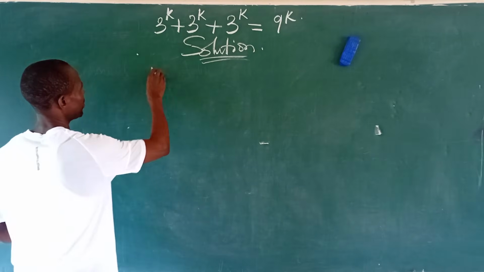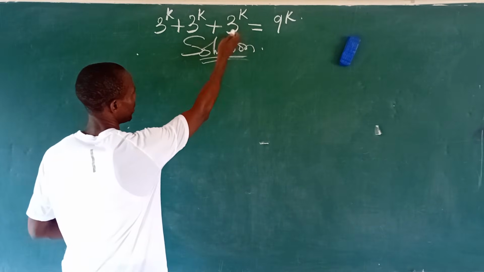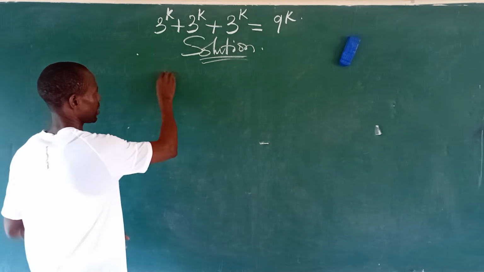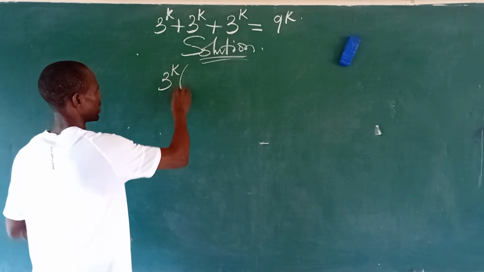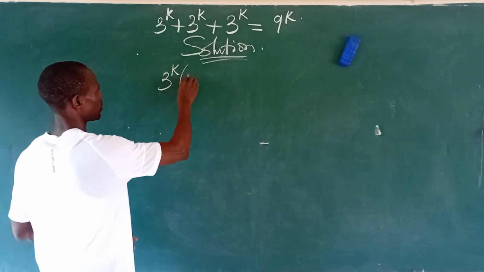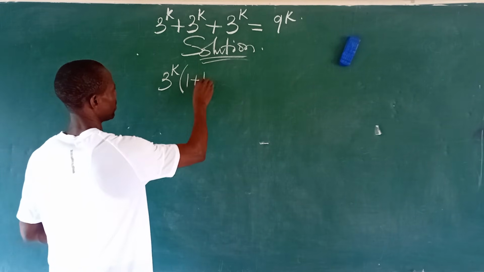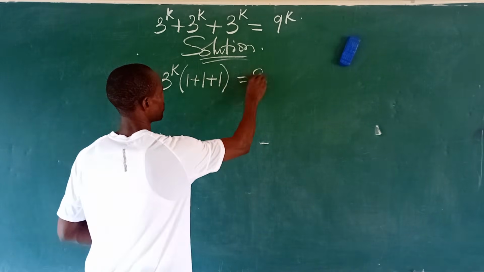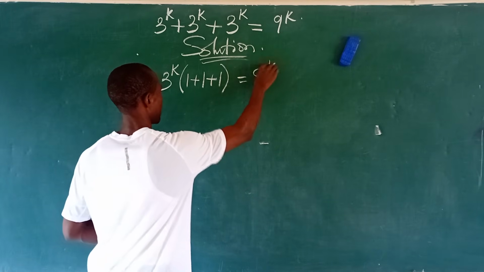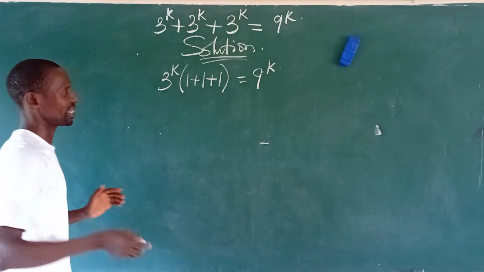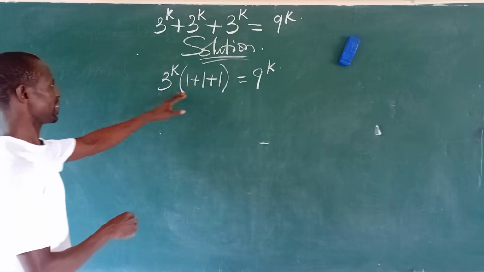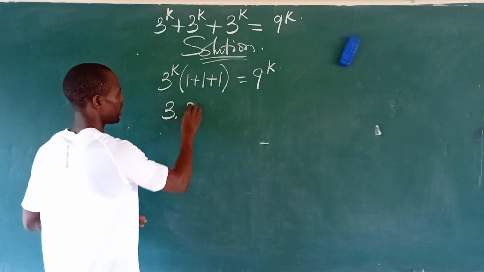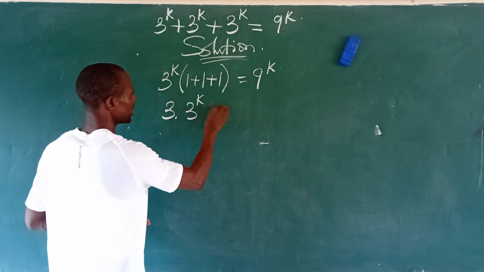So here we have our 3 to the power of k is common, so we can factor out 3 to the power of k. If we use this to divide this, we are left with 1. We use this to divide this, we are left with another 1. Use this to divide this, we are left with another 1, equal to 9 to the power of k. Easy. All right, so this is going to give us, we add up, we're going to have here 3 times our 3 to the power of k equal to,